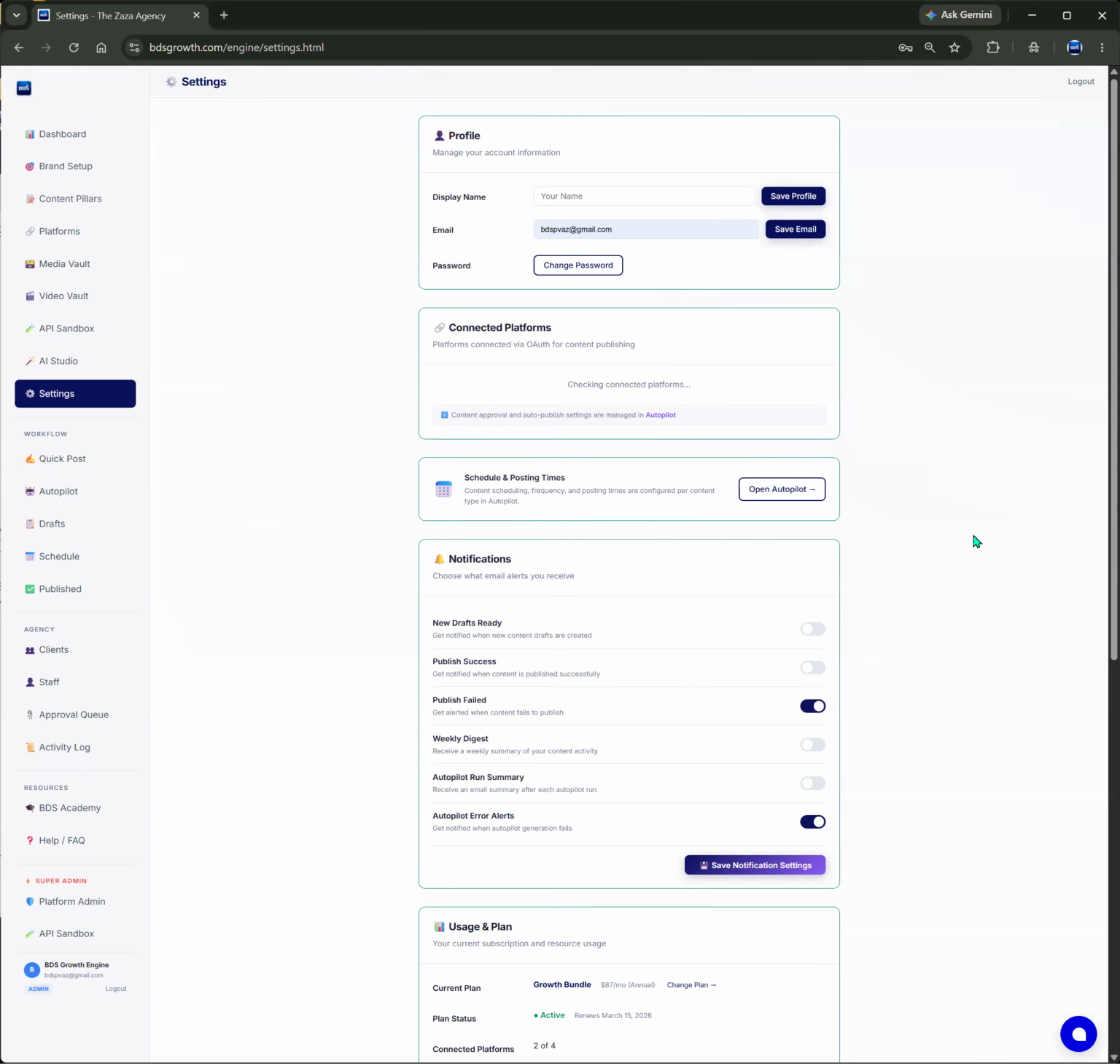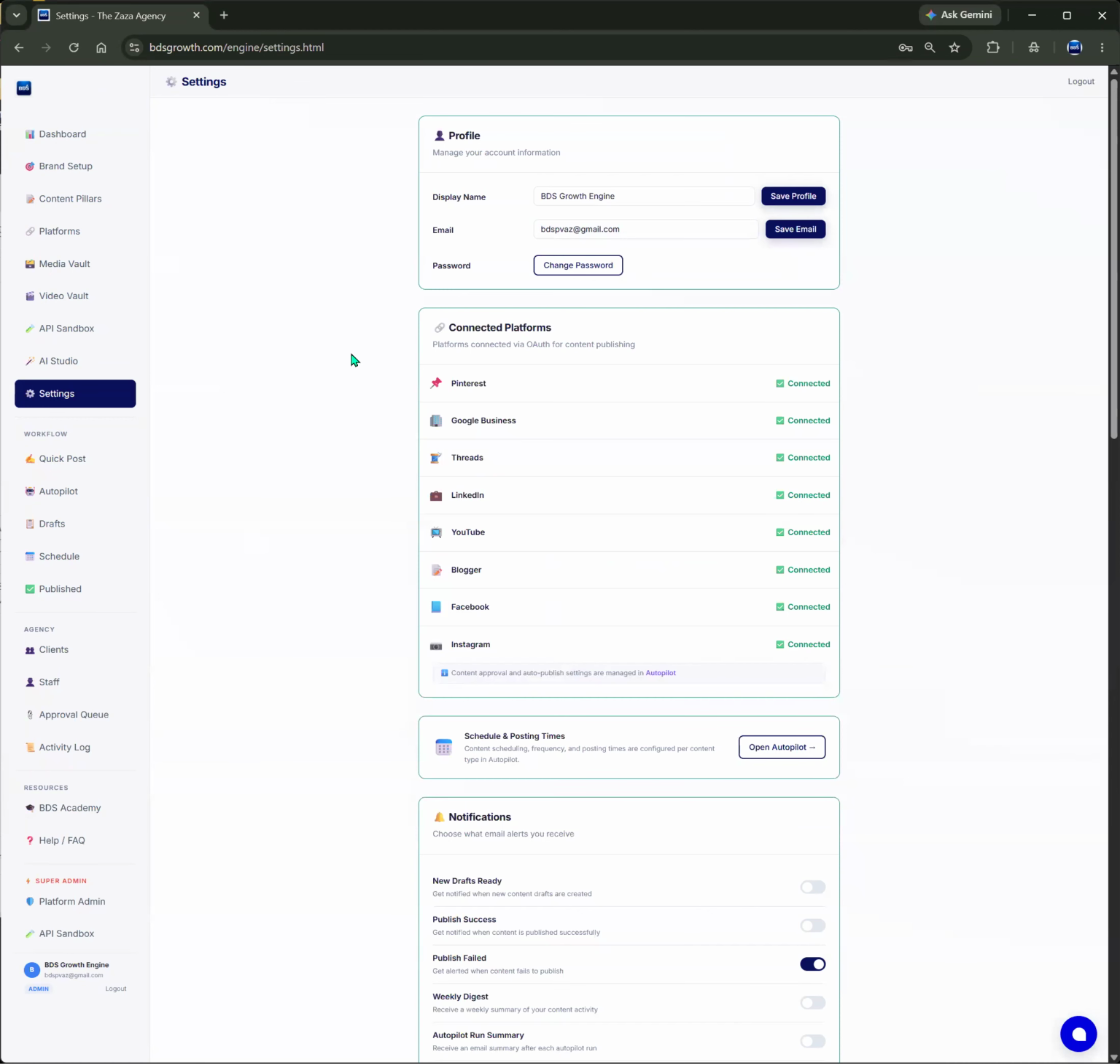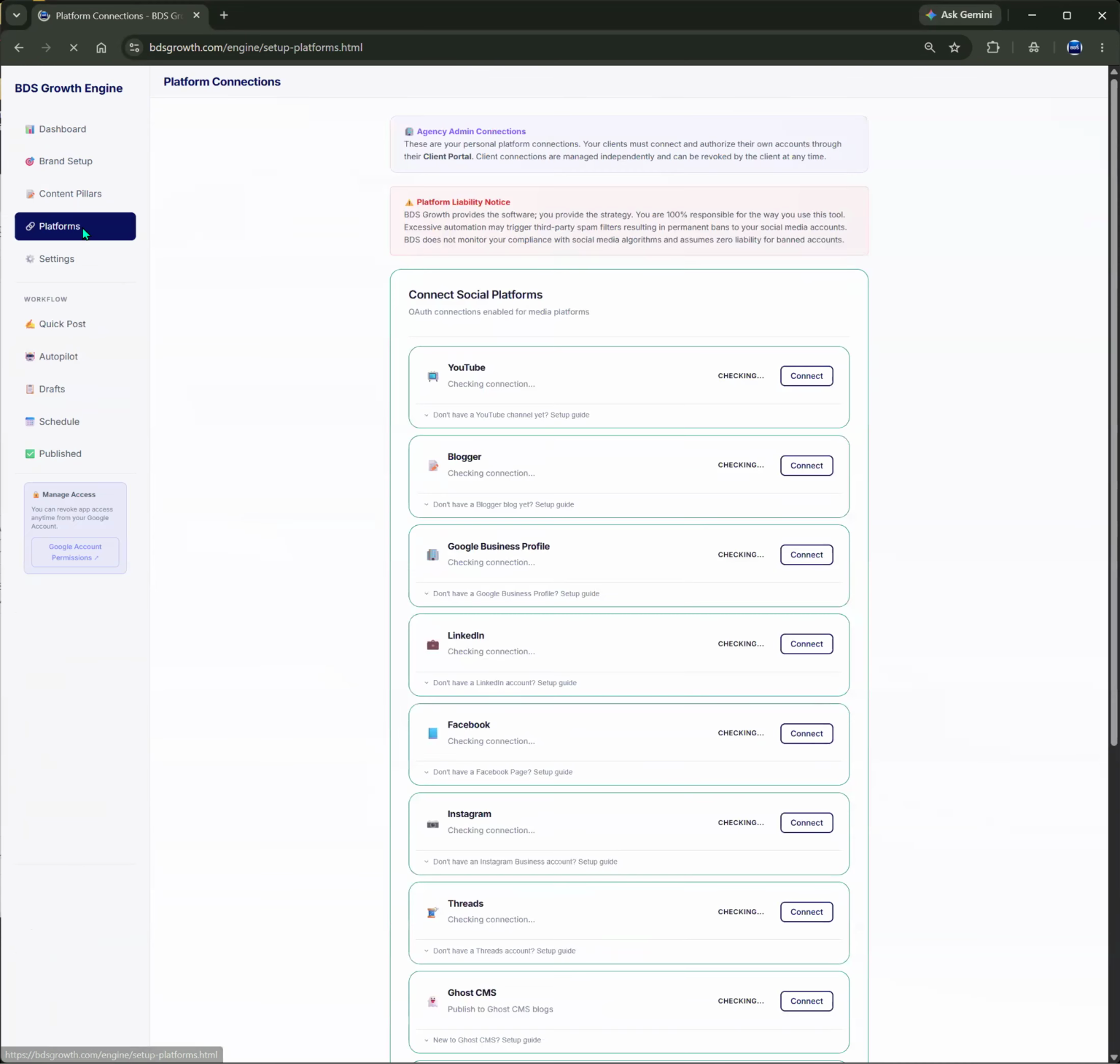Now over here, you can basically put in your name. Let's do that. And you can change your email, you can change your password. It's pretty straightforward, self-explanatory. Over here, it would also show you the connected platforms that you have. As you can see now, when I refreshed it, these are all the platforms that I have connected. And if you go to the platforms page,